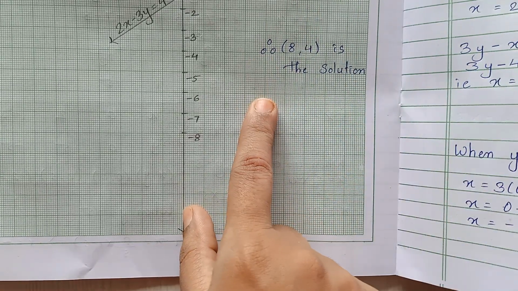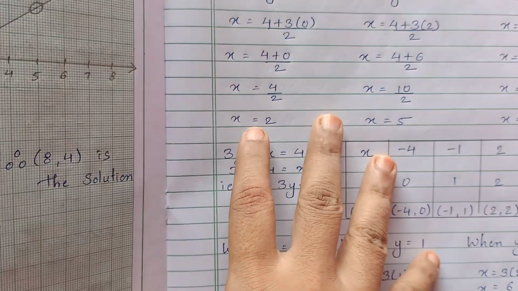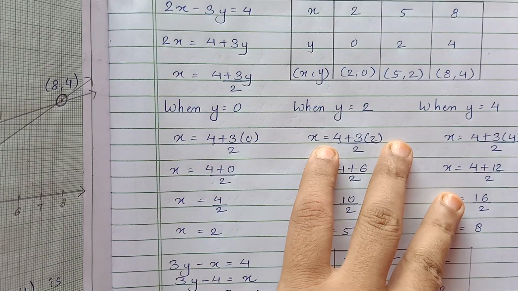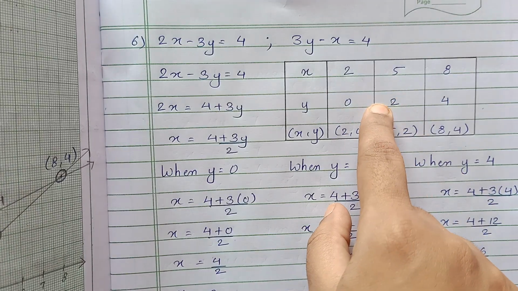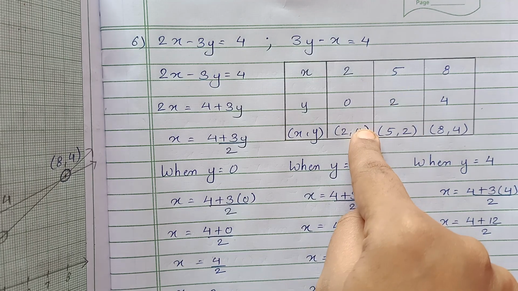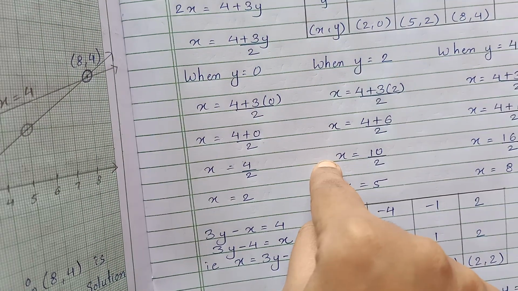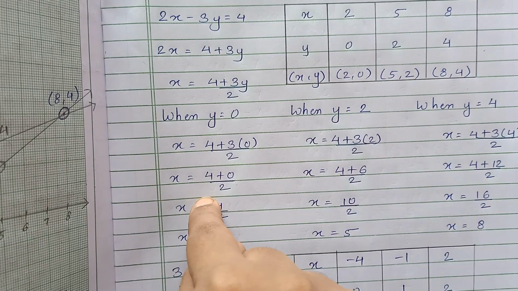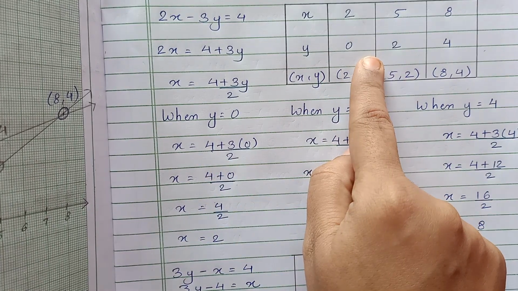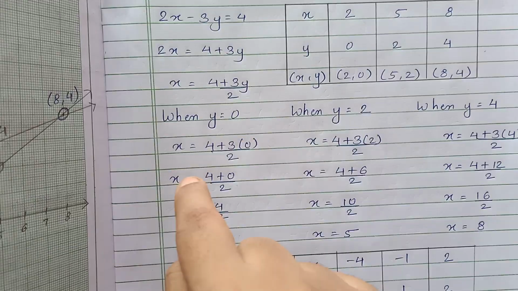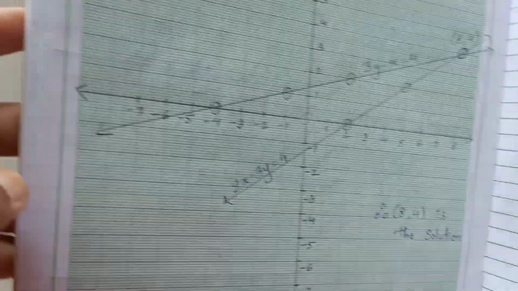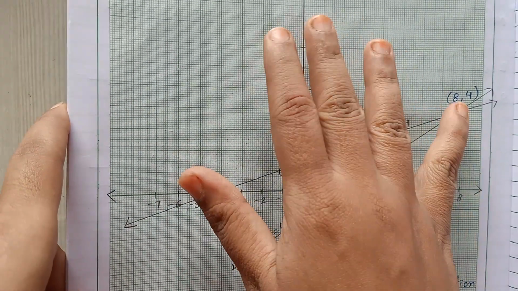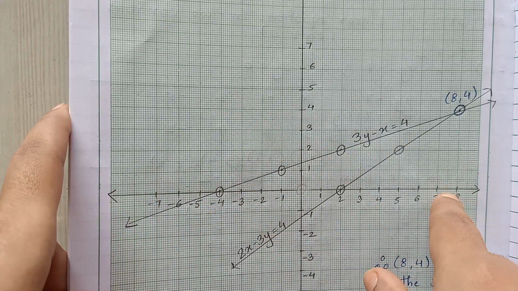Whenever you solve this sum, I'll tell you where is the weightage of marks over here. The first thing they check is the table. Table is checked, working is checked. Working and table should be relevant. What working you are doing here, the same point should be here. So you get marks for the table and the working. The next thing is you get points for drawing proper coordinate axis.